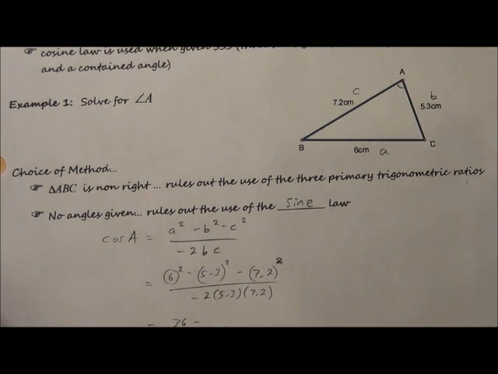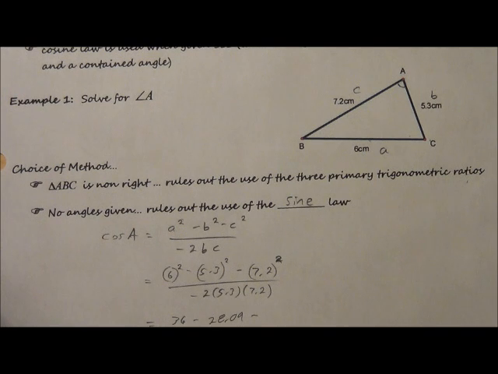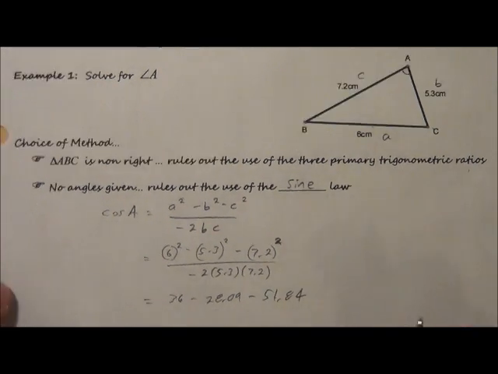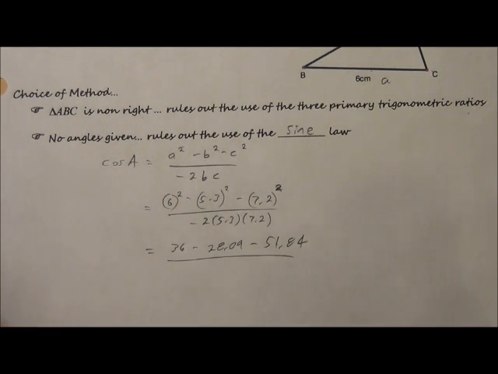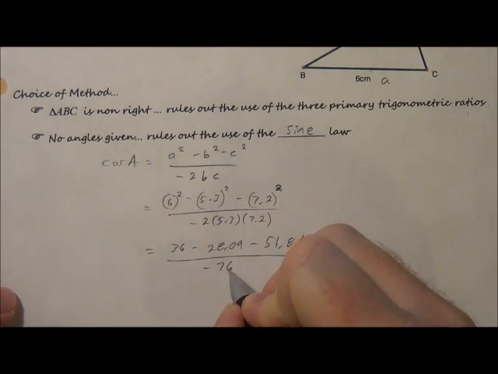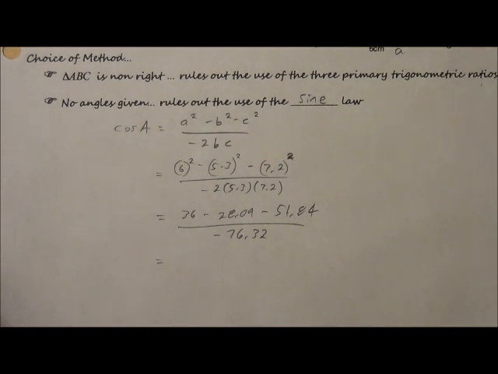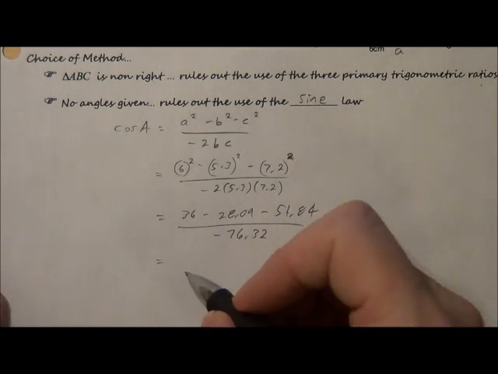So I've got 36 minus 28.09 minus 51.84. And that is over negative 76.32. And so work out the numerator. So I got 36 minus 28.09 minus 51.84. That gives us negative